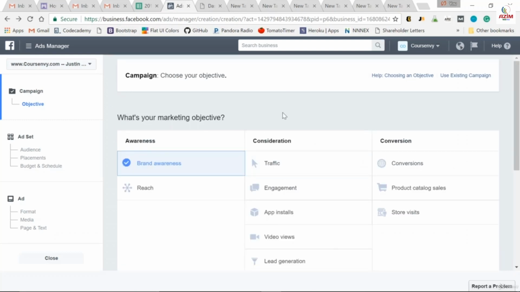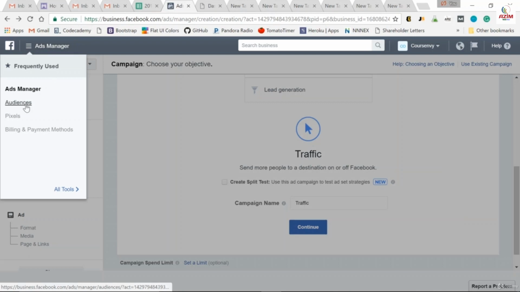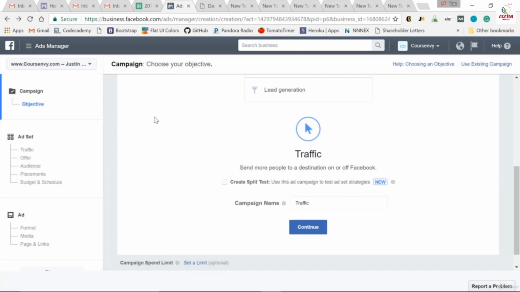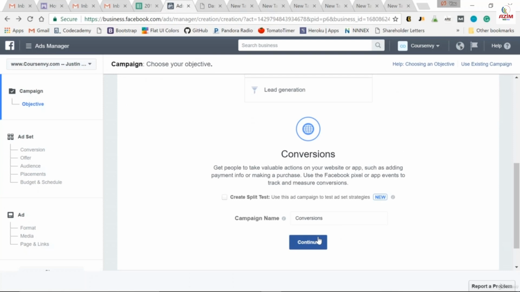So the ad type I use the most, over 50% of the time for my clients, is traffic ads. I want to get potential customers to my clients' websites. By doing this, I'm building a custom audience on that website for the pages these Facebook visitors go to. So as long as you set up your custom audiences correctly, these website click ads or objectives are great for building those custom audiences. Then later on, I'll use website conversion ads to retarget those custom audiences to close the